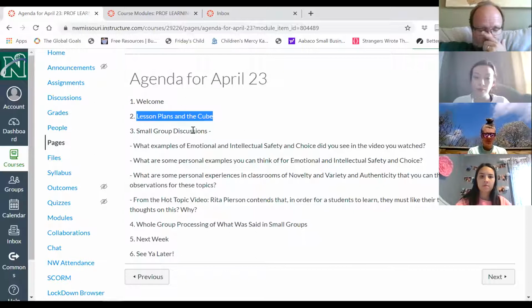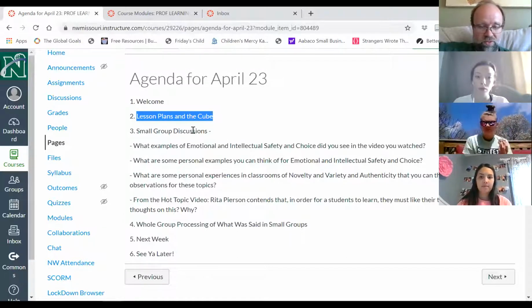So I want to show you a way to walk through the lesson planning that you're going to do using the cube. Hopefully by doing that, we'll combine the purposes for these two classes together, which if this was a perfect world, this is what we would be doing anyway. If we were still meeting face-to-face, we'd be able to do this in real time. So I'm going to try to do that today and just show you a potential way you could use the cube to design some lesson planning.